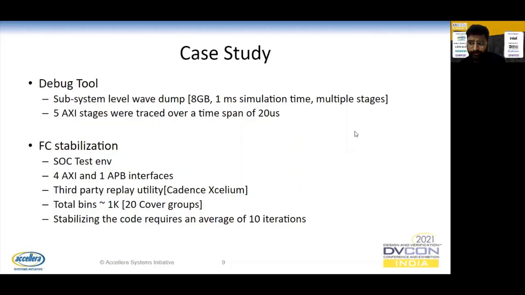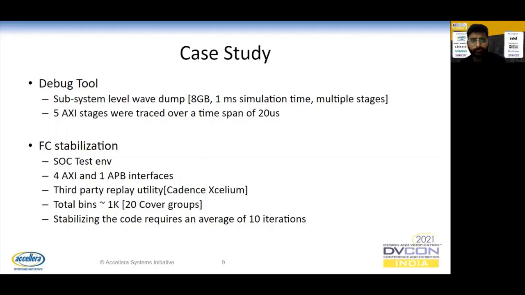Moving on to the case study, or the experiments which we conducted with the tools. For the debug tool, we picked a subsystem level dump, which was 8 GB, and overall simulation time was around 1 millisecond. It had multiple stages, and so we selected 5 AXI stages where trace was run over a period of 20 microseconds. For FC stabilization, a medium level SoC environment was picked, where it had multiple stages, but the